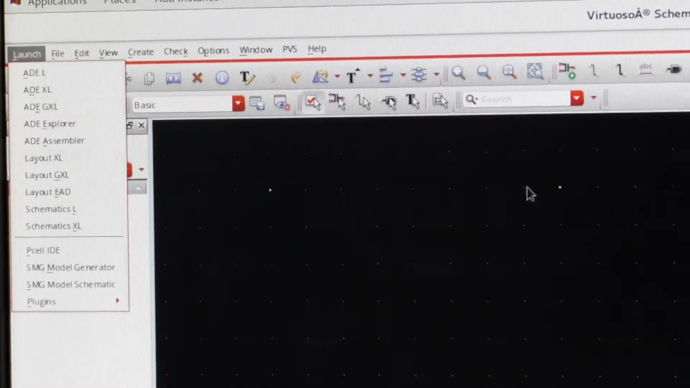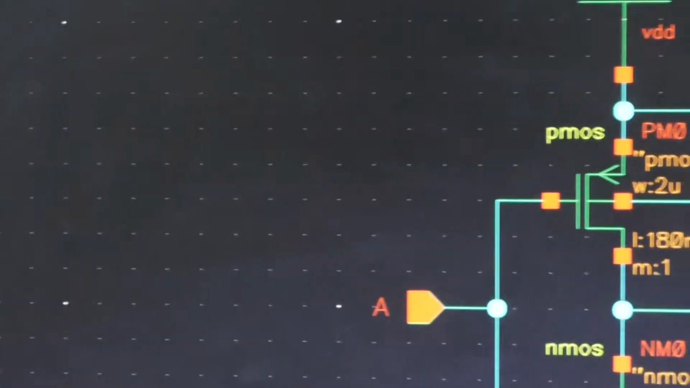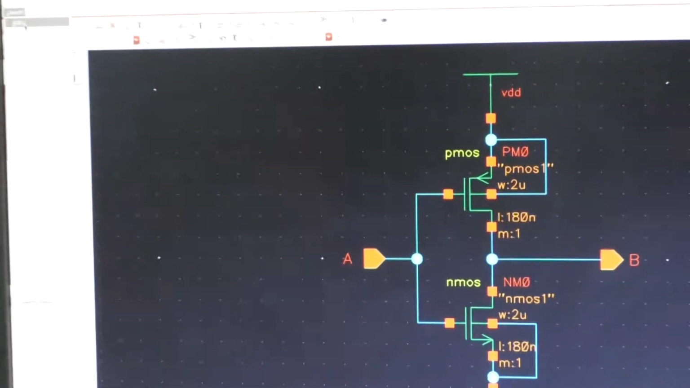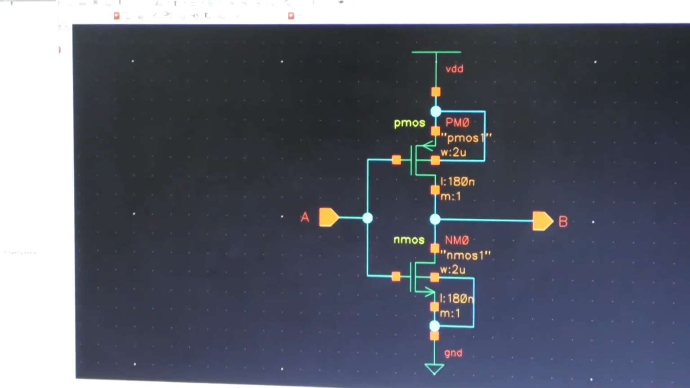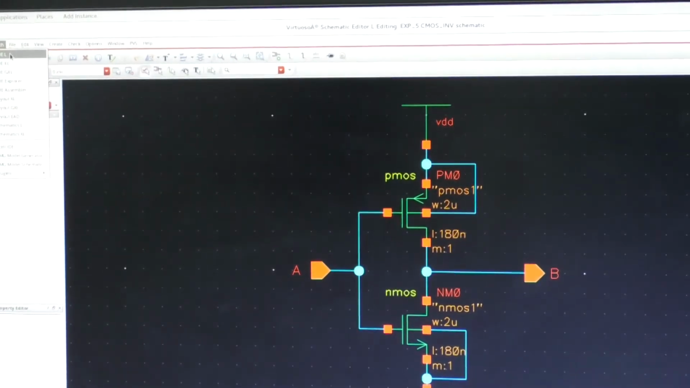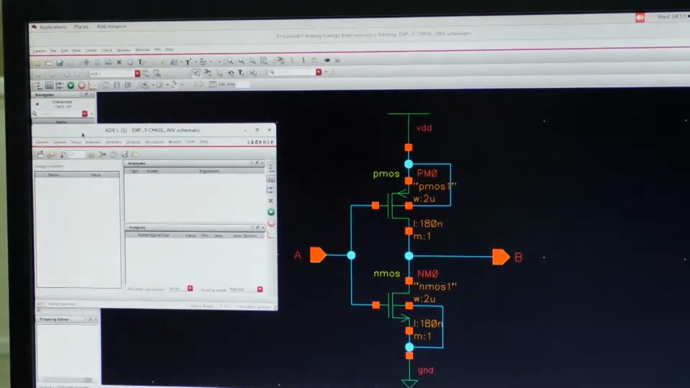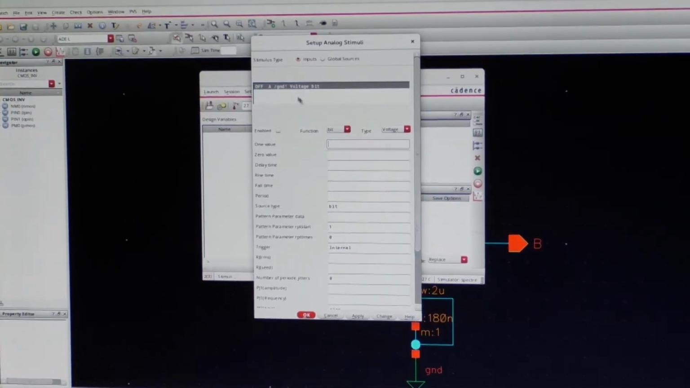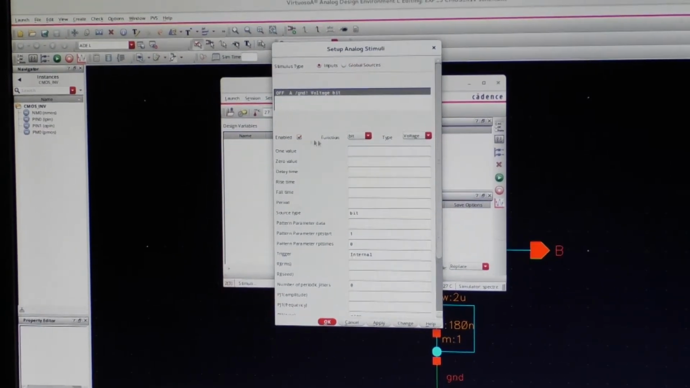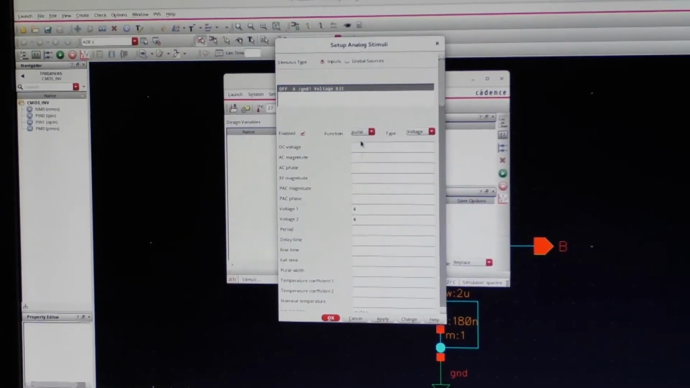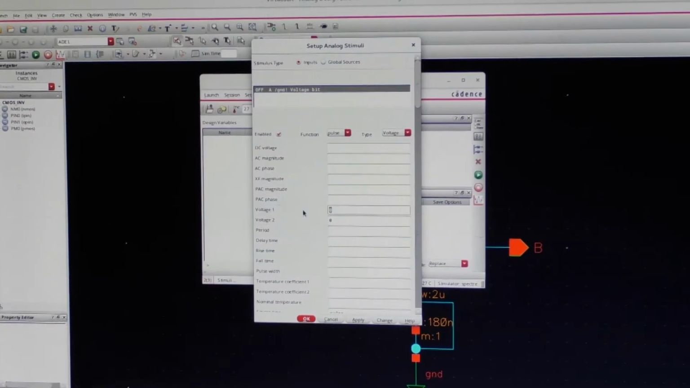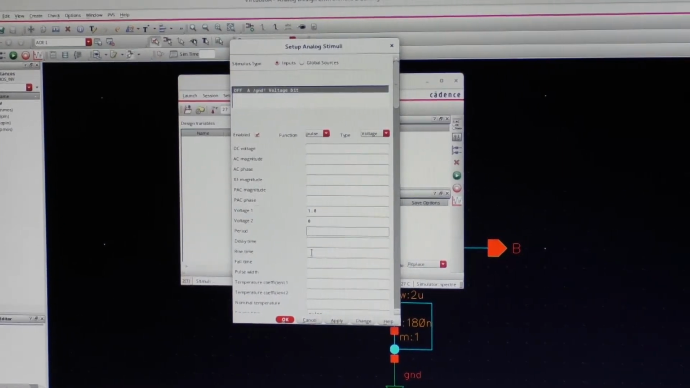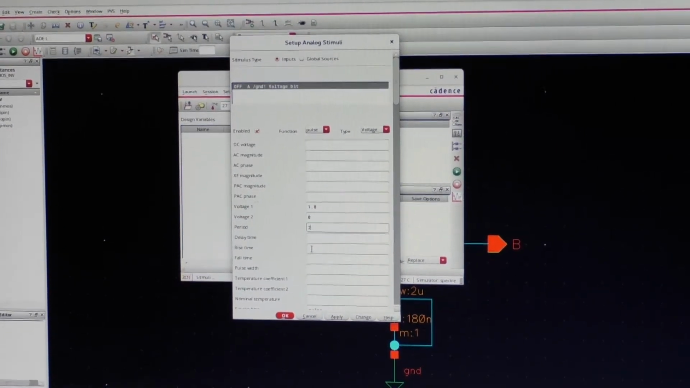Now for simulating this circuit, we are going to give its corresponding inputs, and in order to verify its node to node response, go to launch and click on ADE L, the analog design environment. Here we have to go to stimuli, in which we have the primary input J, just click on enable, and here I am taking the option as pulse. I am taking 1.8 volts for the 180 nanometer technology,